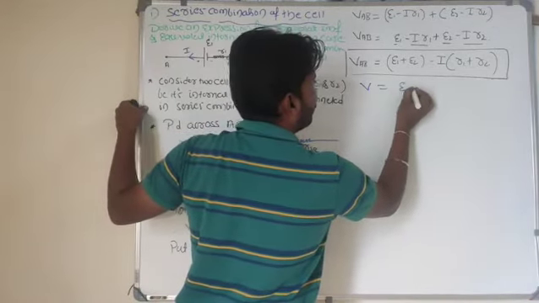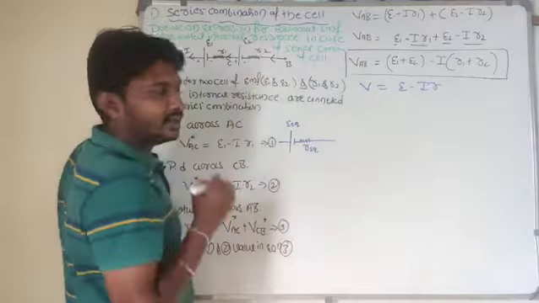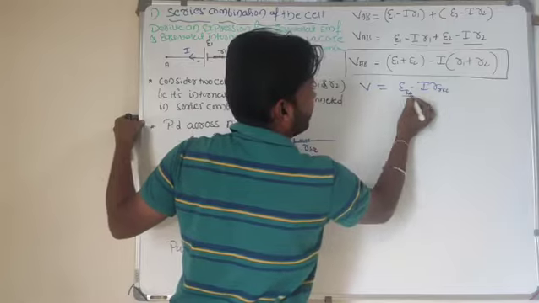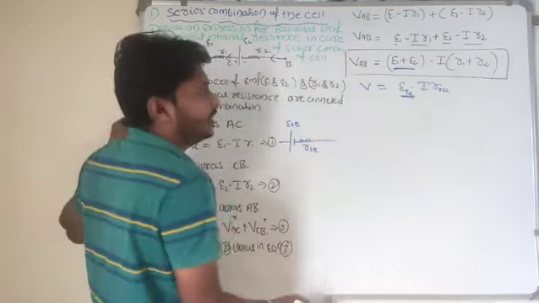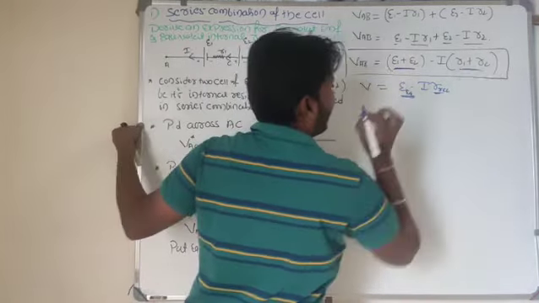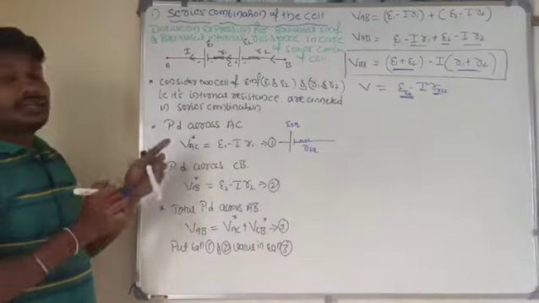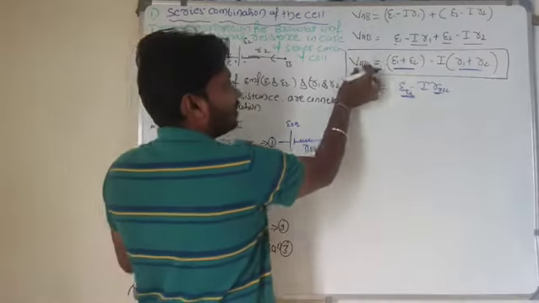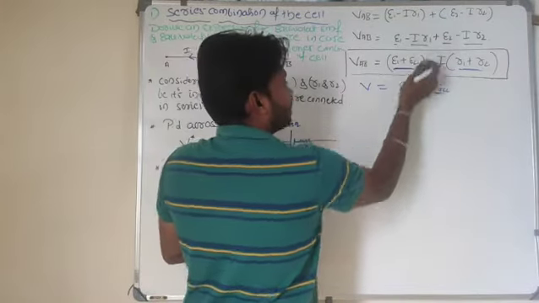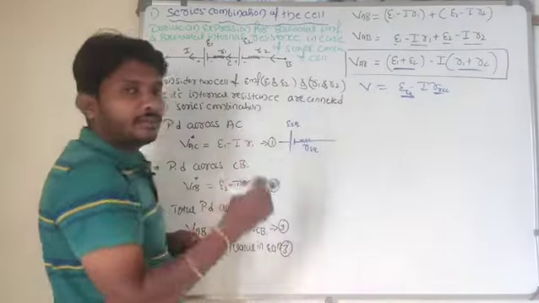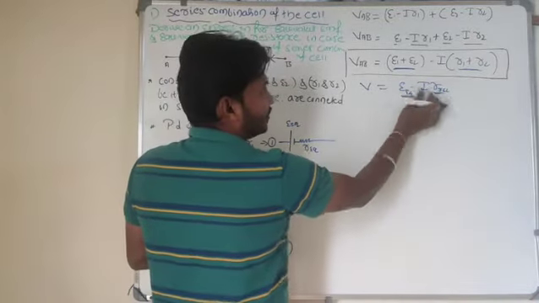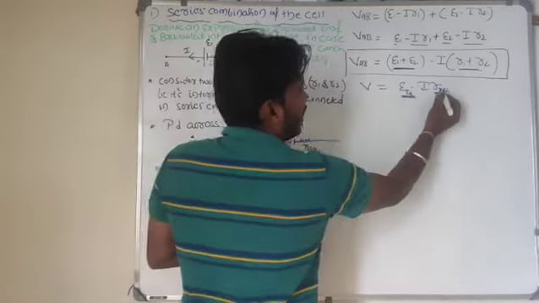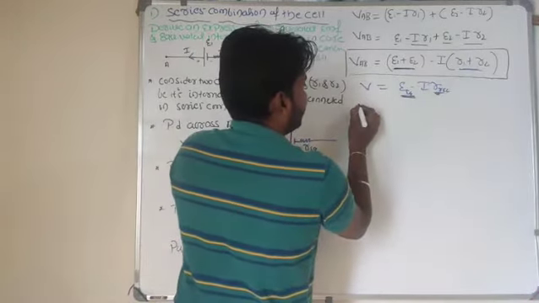So V is equal to E minus I into R, is it right? Here E is nothing but E equivalent, and R is nothing but R equivalent. E equivalent is nothing but E1 plus E2, and R equivalent is nothing but R1 plus R2. Our intention is to derive the equivalent EMF and equivalent internal resistance. I got V of A to B equal to E1 plus E2 minus I into R1 plus R2, so comparing with the standard form, the equivalent EMF E equivalent is E1 plus E2, and R equivalent is R1 plus R2.